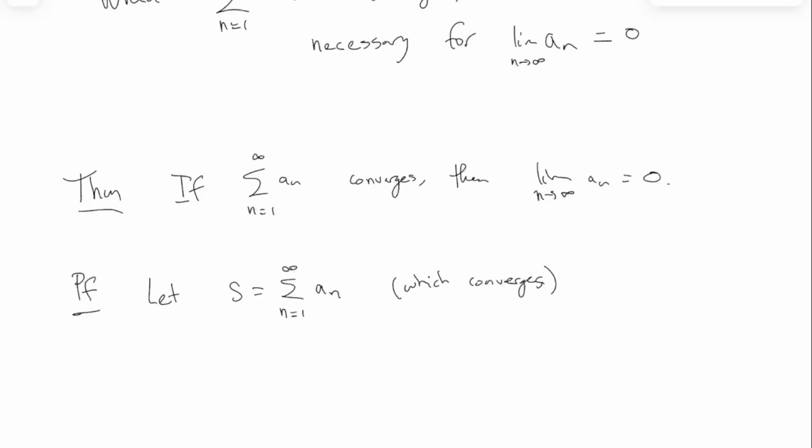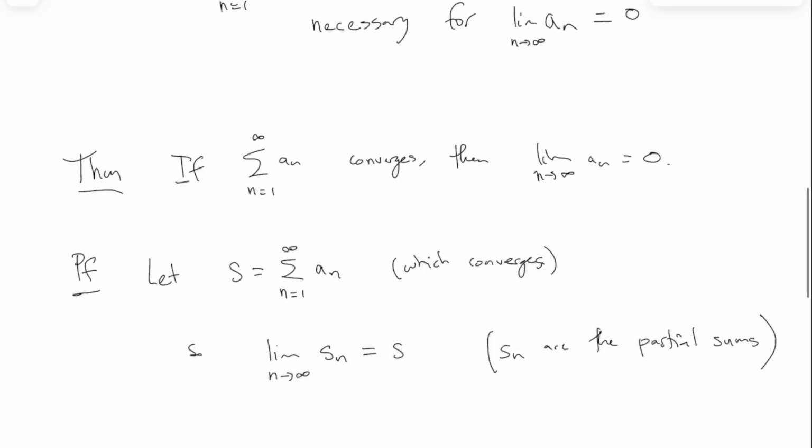And I hope everybody remembers what the series means. The limit as n goes to infinity of Sn equals S. Remember, Sn are the partial sums. Technically speaking, that's what it means when you say this series converges. It means the sequence of partial sums converges to this number S. All right? But,